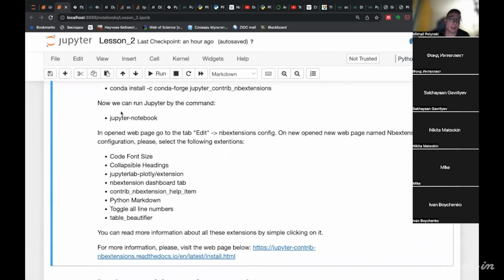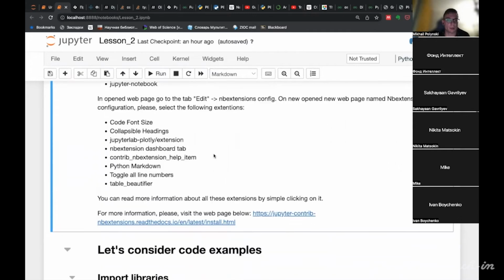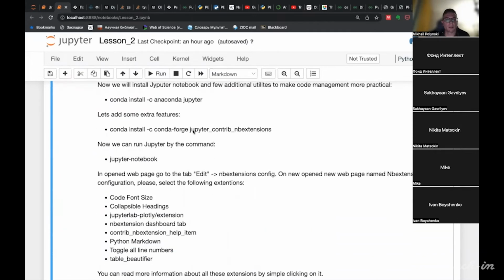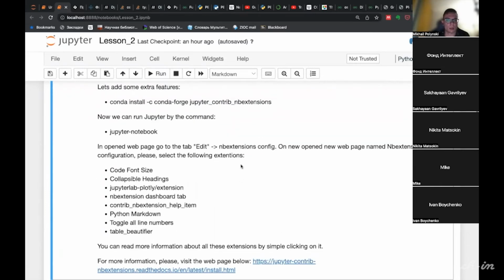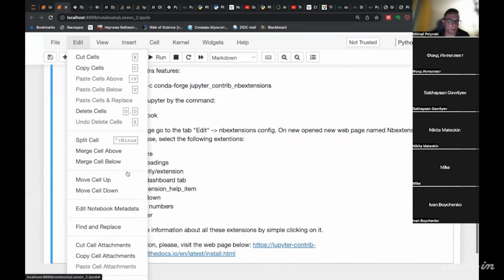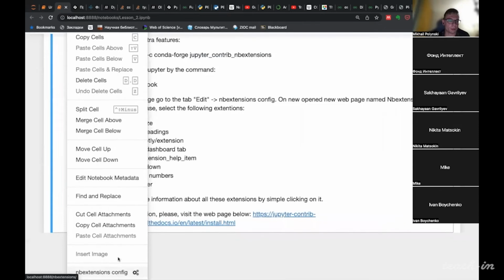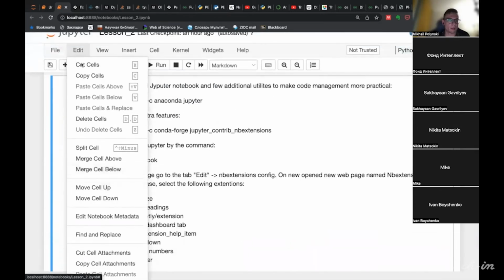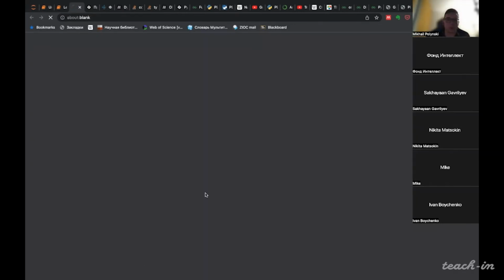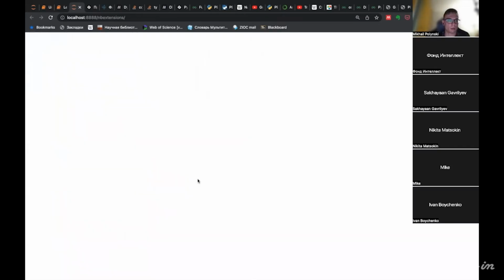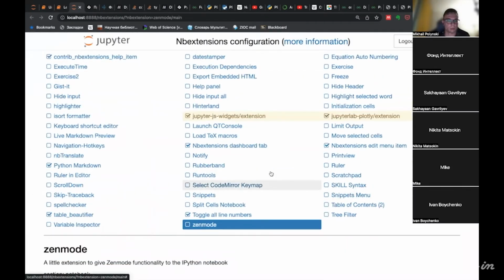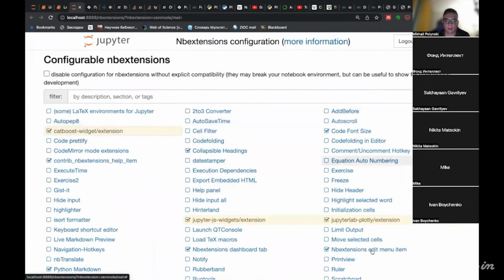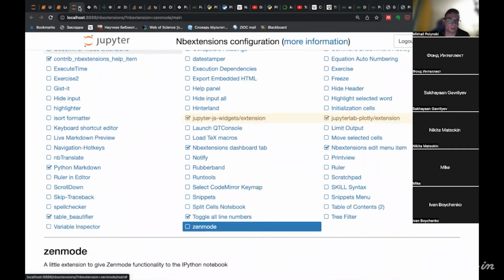You can also run Jupyter Notebook from the command prompt, and after installing the extensions, you should activate them by doing the following. You go to the edit menu and you activate the extensions that you need to use.